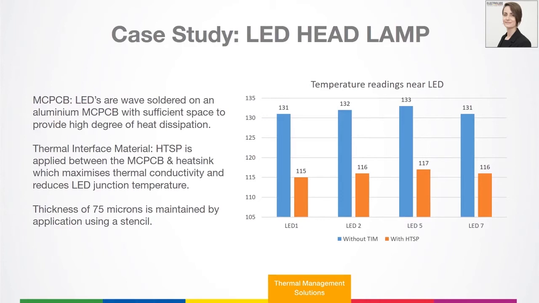The overall temperature will depend on how that array is aligned, what LED you have used, and the overall conditions. So by being able to reduce the operating temperature of that PCB by 15 degrees, you are increasing the lifetime of those LEDs by thousands and thousands of hours. The lifetime of an LED is directly related to its junction temperature, so it will be more efficient and it will last longer if you can reduce that temperature. Just for your information, in this case, the thickness was 75 microns, and that thickness was maintained using a stencil